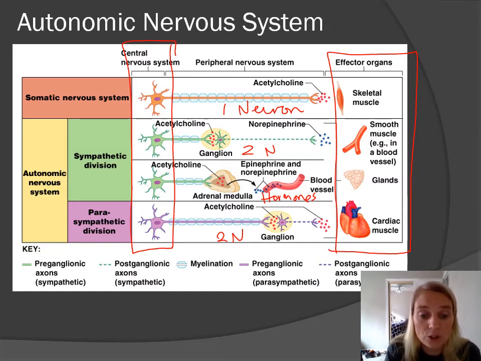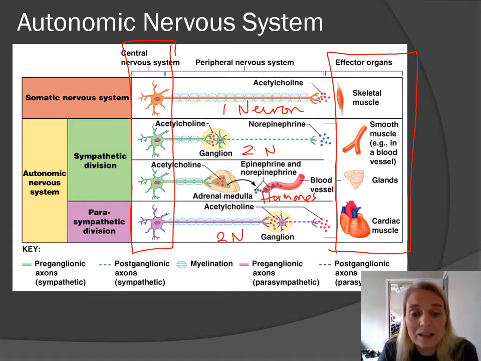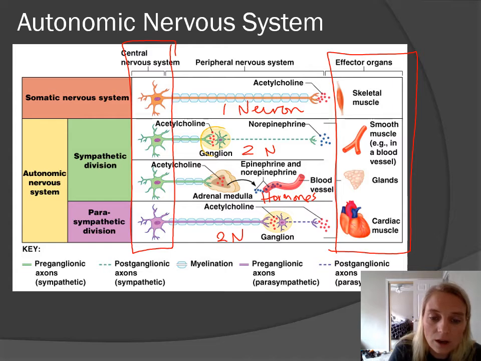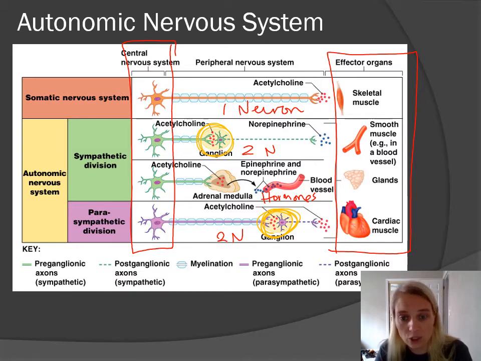We have a first neuron called a preganglionic neuron or preganglionic fiber that communicates to what's called postganglionic. Well, what the heck's a ganglion? That's a weird word. A ganglion is a collection of cell bodies. We saw one, the dorsal root ganglion, that holds the cell bodies of our sensory neurons. So this collection where the preganglionic meets the postganglionic, that's the ganglion right here, that yellowy structure. So the unique anatomical difference between somatic and autonomic is that your autonomic division has a two motor neuron pathway before we get to the destination.